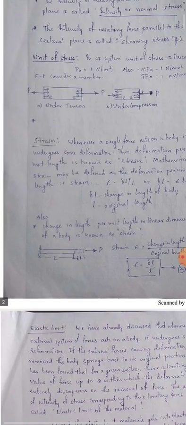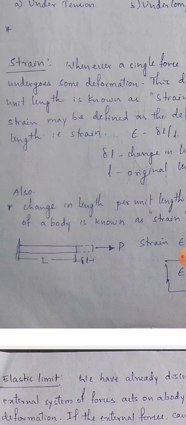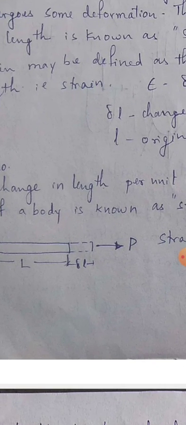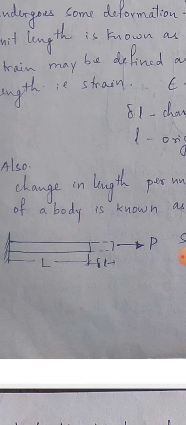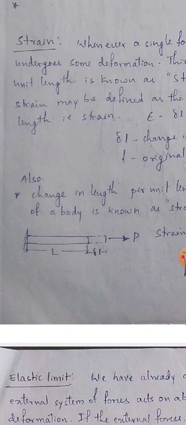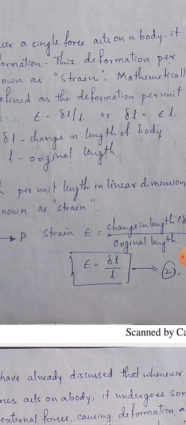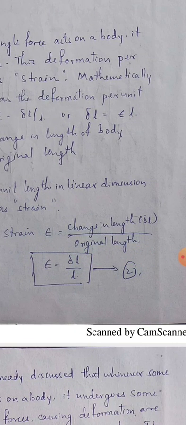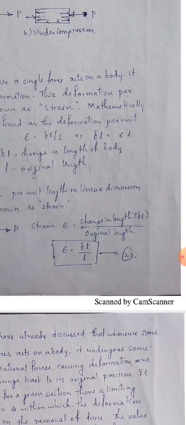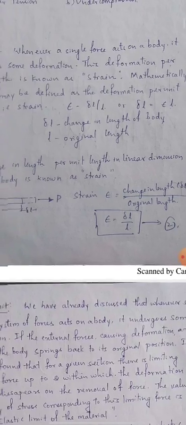Consider a fixed bar, that is a cantilever bar, fixed at one end and free at the other end. At the free end an axial force is acting, due to pull action, on the original length L. When the force P is acting at the free end there must be a change in length delta L. Therefore, according to the basic definition, strain is change in length divided by original length, that is delta L by L, denoted as epsilon E.